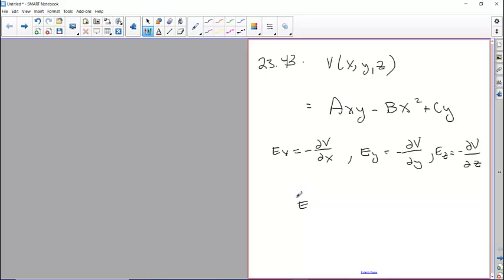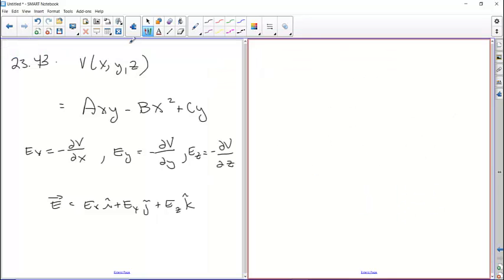And the electric field is a vector, so you get a vector by taking partial derivatives of the scalar function. So there'll be e sub x times i plus e sub y times j plus e sub z times k, and of course i, j, and k are the unit vectors in the coordinate directions. So how do you do partial derivatives? Well, you treat the variables that are not involved in the partial derivative as constants. So the first one, e sub x,